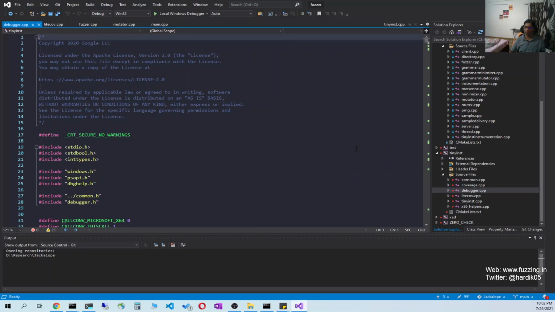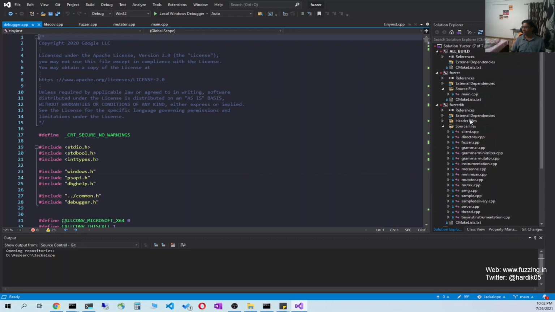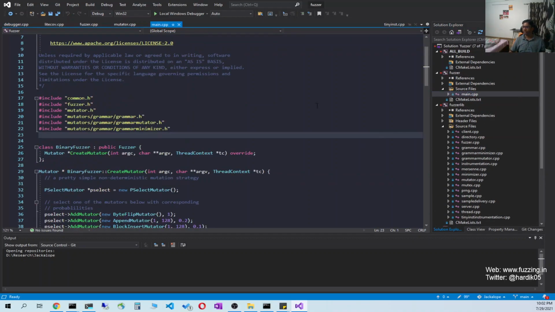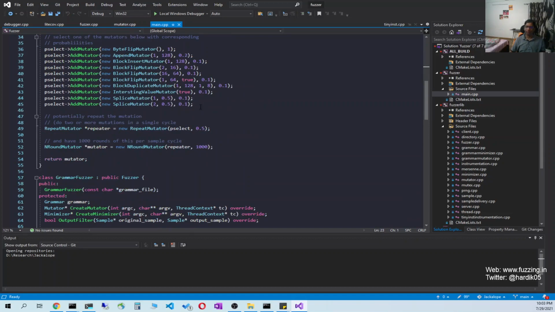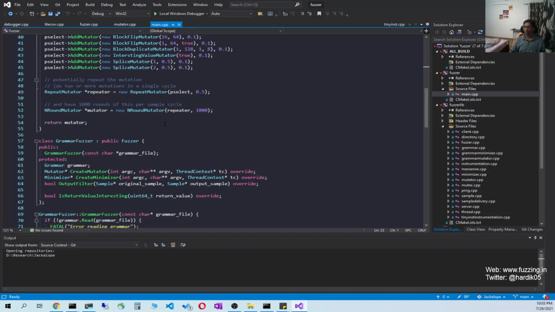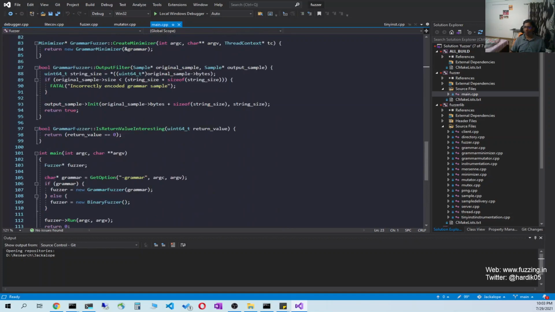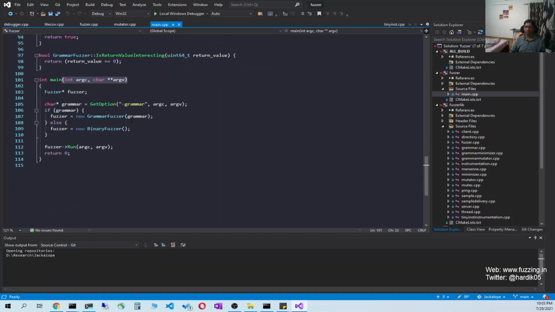We will see the Jackalope options when we run this fuzzer. This is the fuzzer main code, and recently support was added for grammar based fuzzing. If you want to fuzz files like JavaScript or PDF, which use standard dictionary words, then you can use the grammar based fuzzer. Or if you want to fuzz binary files like an image file, a bitmap or a multimedia file, then you will use the binary fuzzer. If you look at the main function over here, it takes two arguments, argc and argv,